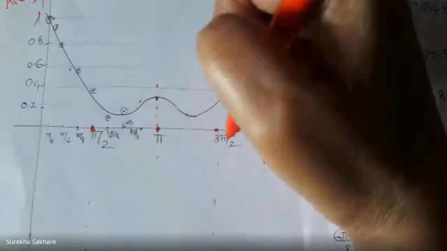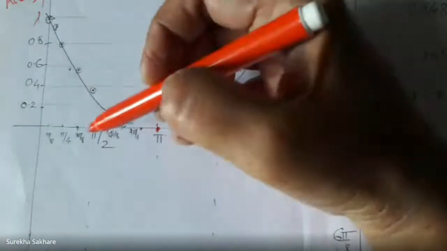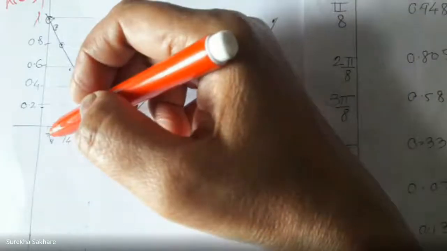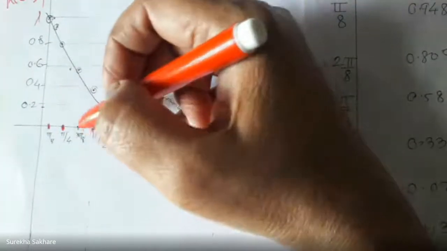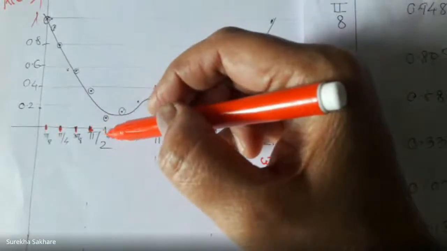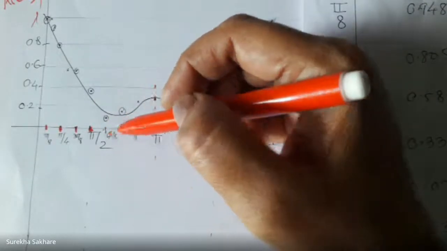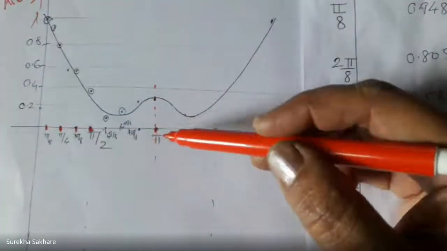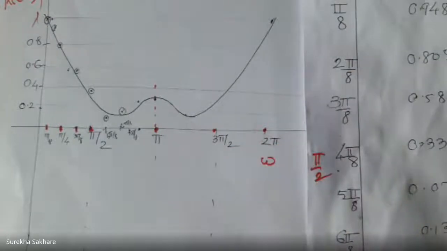Now half of pi by 2 will be pi by 4. Okay. Half of pi by 4 will be pi by 8. In between this is 3 pi by 4, pi by 8. So likewise I am getting after pi by 2, 5 pi by 2, 6 pi by 2, 7 pi by 2, and likewise. Okay, you can come to know. Fine.